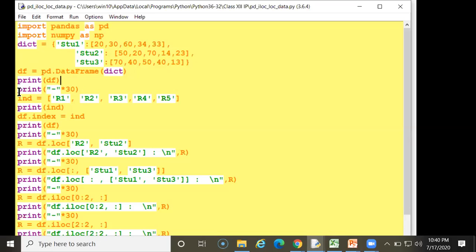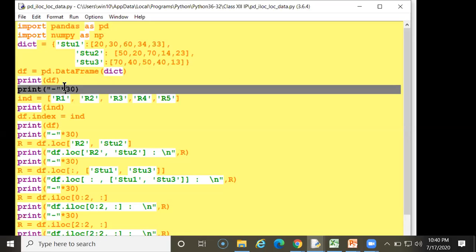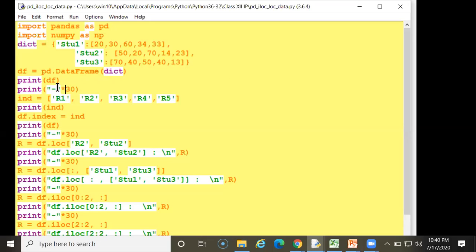Now, this print minus into 30 means the formatting line will be displayed here, because if I write the multiply operator with a number, that symbol will be displayed that number of times, 30 times.